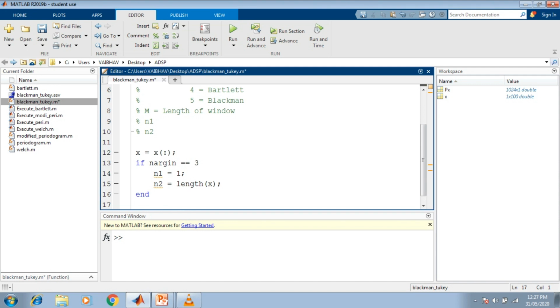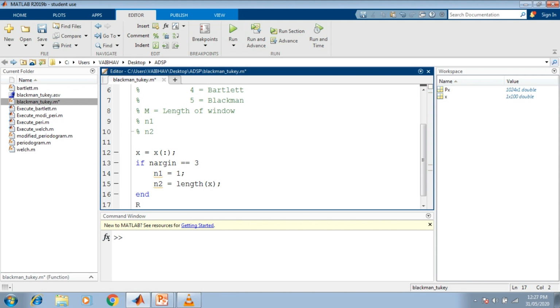Now next to that we require the matrix to be operated with the help of this particular Blackman-Tukey approach, which is also known as the periodogram smoothing technique here.